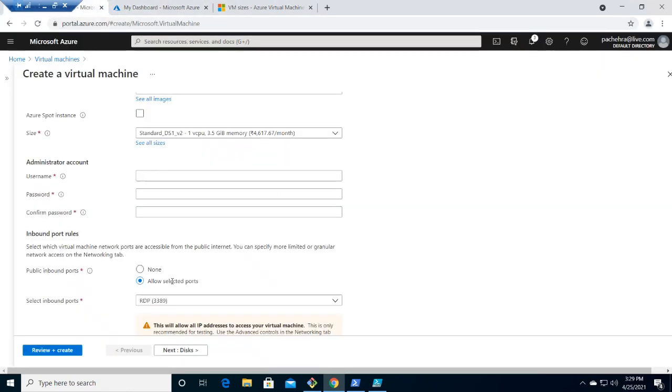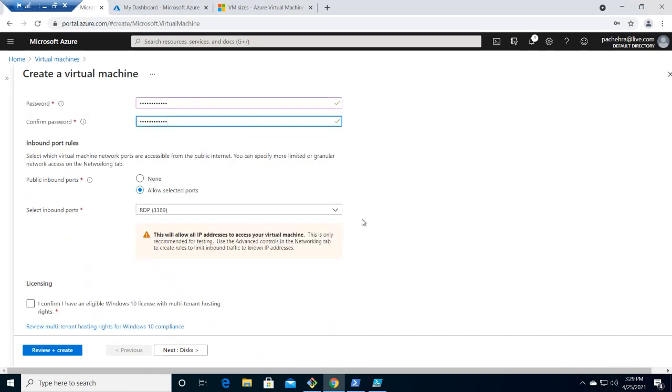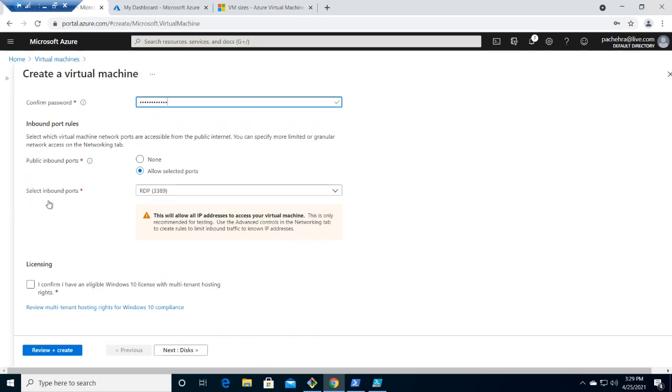So let me get back to the VM size. Then we need to select the username. If you remember, I was always putting AZ admin, password. I'm just taking you through the Azure portal so that you are familiar with what options are there. Now, these are the inbound ports, which have already been discussed, the network security group by which we control the network traffic. If you want RDP, as Ashish informed, if you have public IP addresses and you want to access from on-premises through RDP, that's how we open the ports, right?